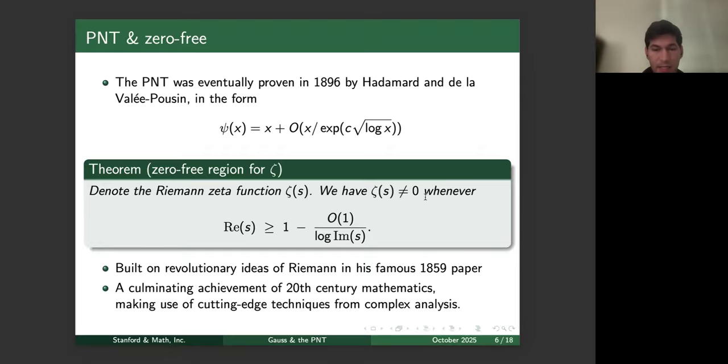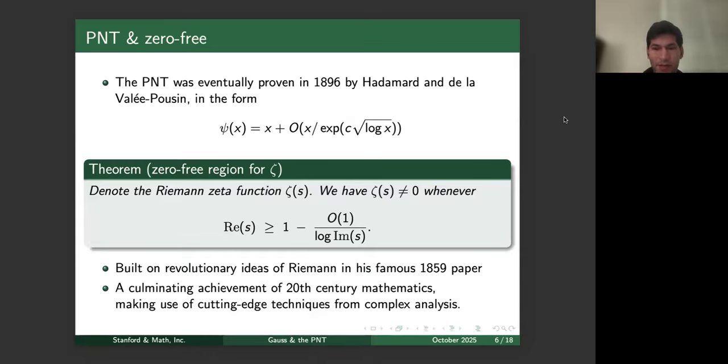And so this statement, a technical statement about a particular function, the zeta function, built on revolutionary ideas, this program that Riemann put forward in his famous 1859 paper. Riemann, as probably some of you know, was a geometer and devoted his whole career to writing papers in geometry, but he wrote a single paper in 1859 on number theory, which in one fell swoop essentially changed the